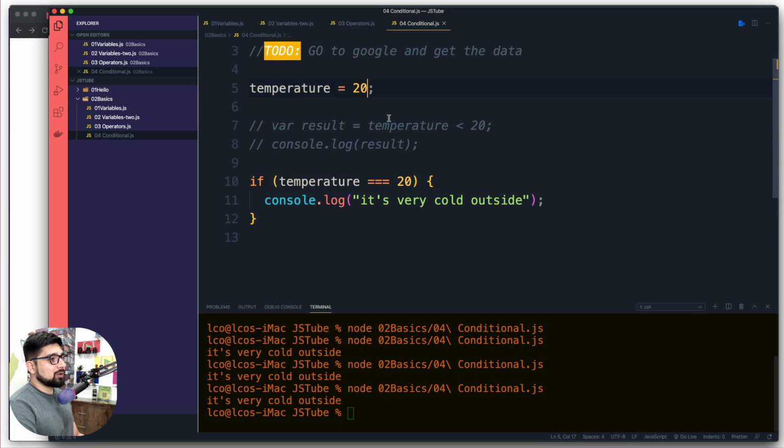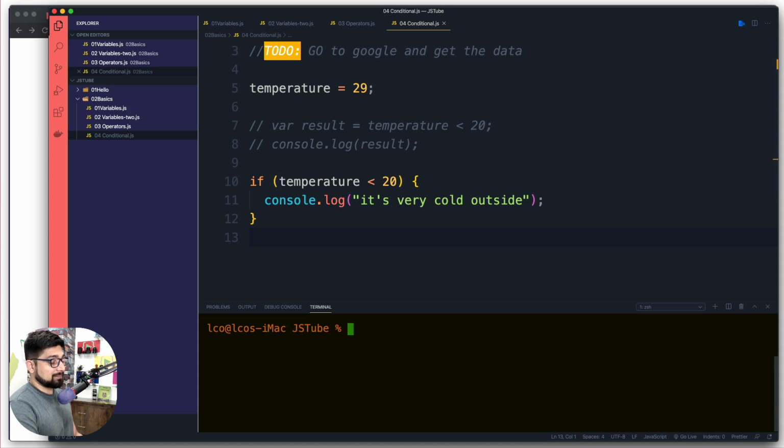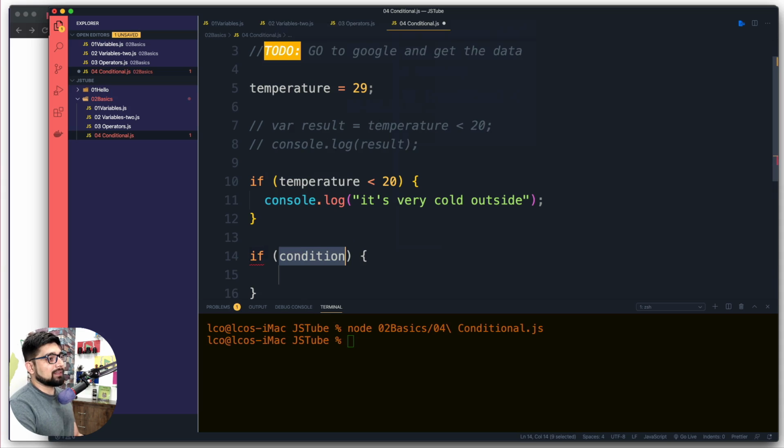Now let's just say we want to evaluate further for something like 29, and I'm going to revert it back if the temperature is actually less than 20. Now the temperature is not less than 20, 100% I'm sure of it. I have written that. So let's just run this. This doesn't work. So I would like to add another block of code, in this case, another if and else,